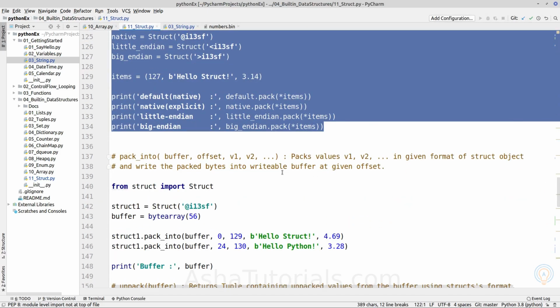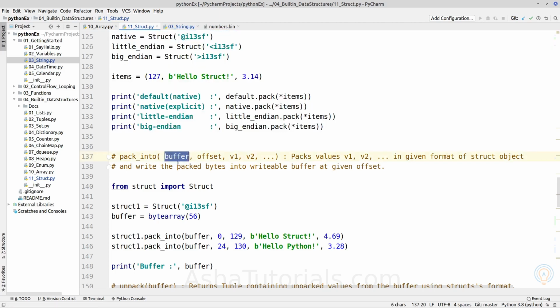The next method is pack_into, which takes two mandatory arguments, buffer and offset. It will pack the result of the given formatted packing into the given buffer object. The buffer object can be any object which supports the buffer protocol. Earlier we saw bytes and bytearray; we can provide any of those objects here.